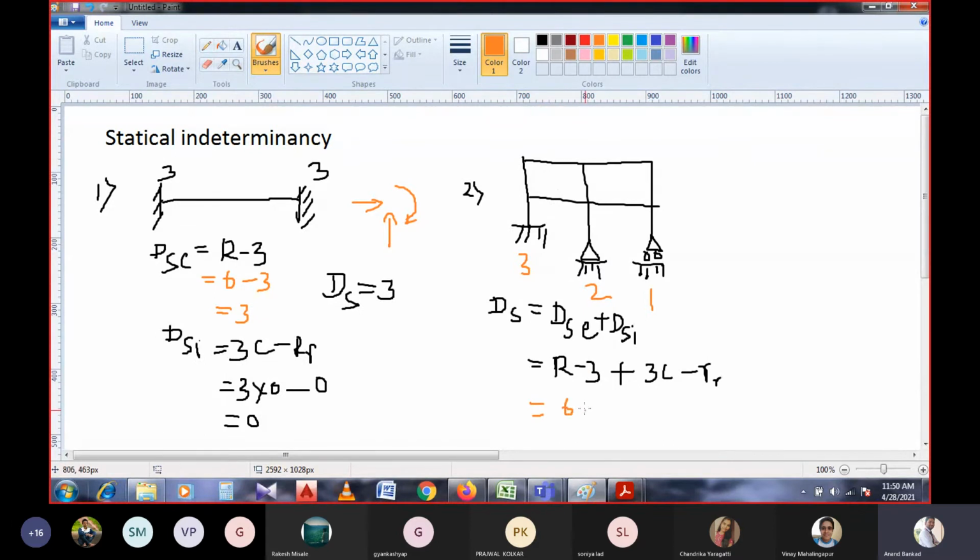Externally we have 6 numbers minus 3, plus 3 times, how many closed loops are there? 2 numbers. Okay, very good. There are 2 closed loops. Is there any internal hinge provided in the structure? No, sir. Okay, that is 0, because we don't have any internally provided released reactions or hinge over here. If a hinge is provided like this, then it will be considered. Once it is provided, then only it will be considered. Now it is not provided, so the released reactions are 0.